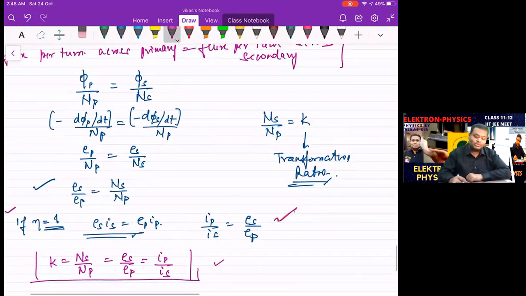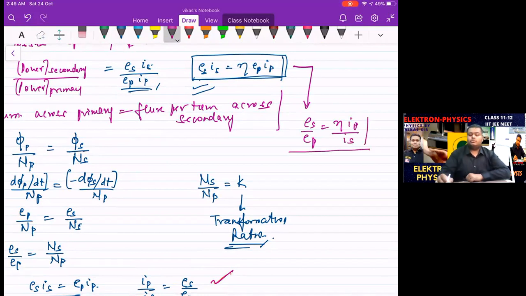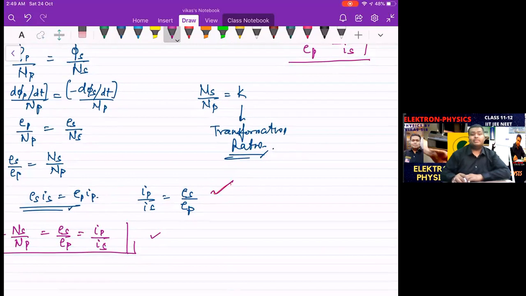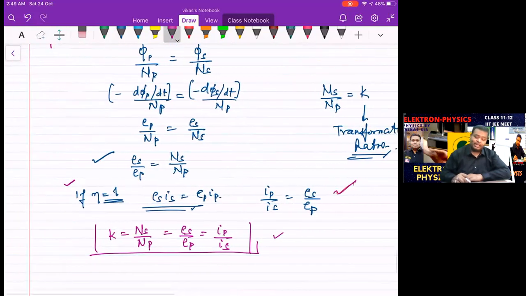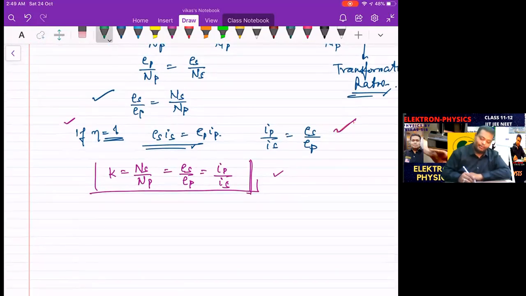Then this relation will look like ES upon EP is equal to eta times IP upon IS. So do remember that particular thing, and then accordingly you can use it in the relation over here, which we have developed now. Okay. So keeping the efficiency equal to 1, this is the relation with us, and now how to use it. So let's design it as a step-up